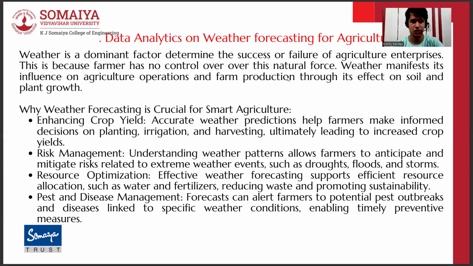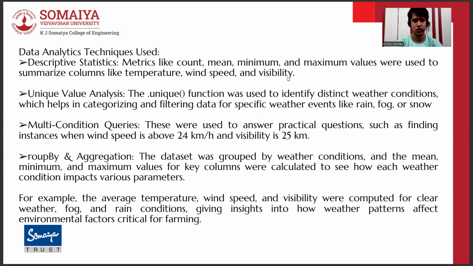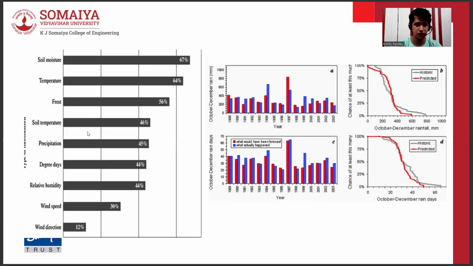Next is data analytics on weather forecasting. As we have told you, data analytics is very useful in forecasting the weather: which weather is best suited for yield or for better production, and which weather is harmful or disastrous for the yield, so that farmers will not do farming in that weather. We have again used descriptive analysis, unique value analysis, and various other processes. This is a graph which shows soil moisture, temperature, frost, soil temperature, precipitation, degree days, relative humidity, wind speed,